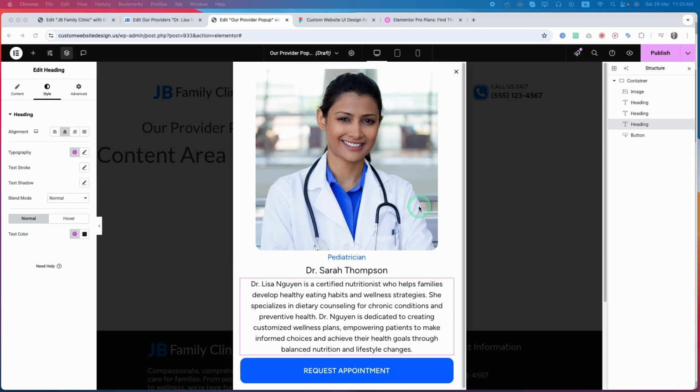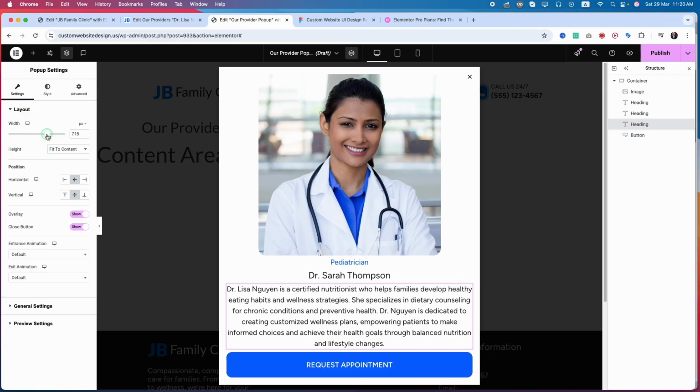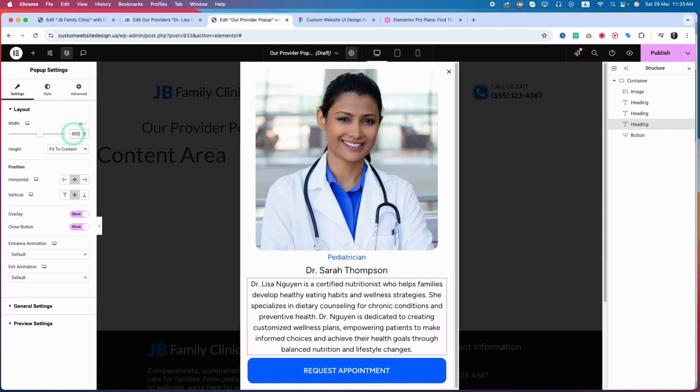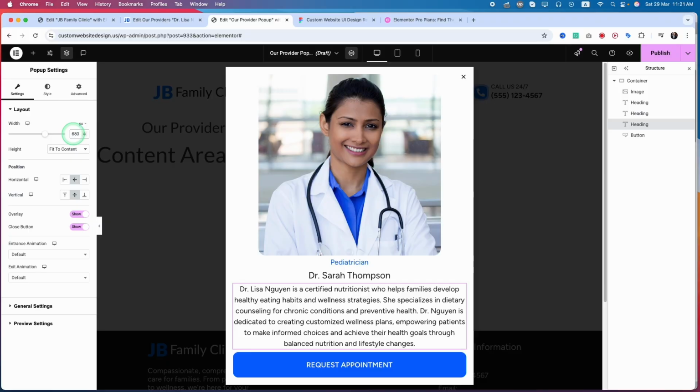To edit the pop-up size and other stuff, just click on this setting icon. It will go to the pop-up setting, and here we can change the width as we like, but I will give the width as 600, maybe 680. Yeah, this will look perfect, and we can add a pop-up location like this, but horizontal and vertical center will